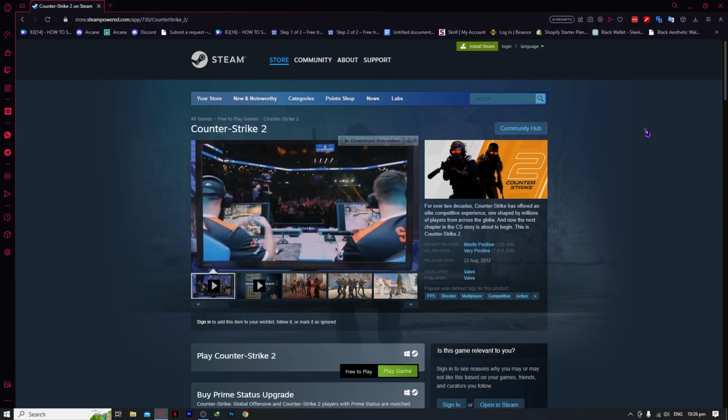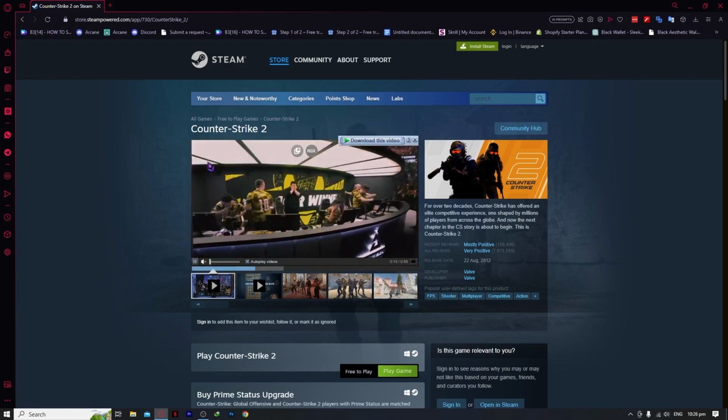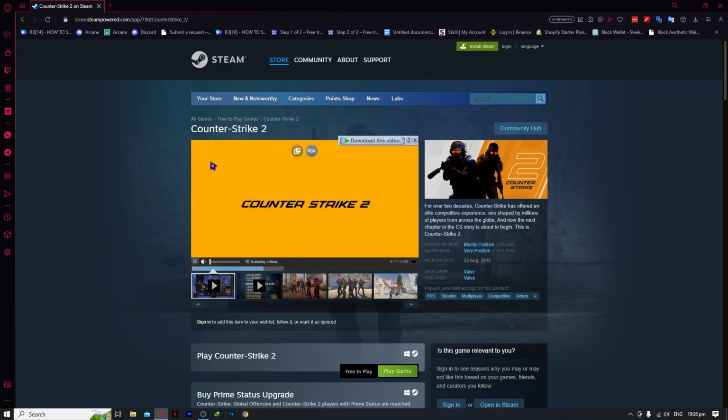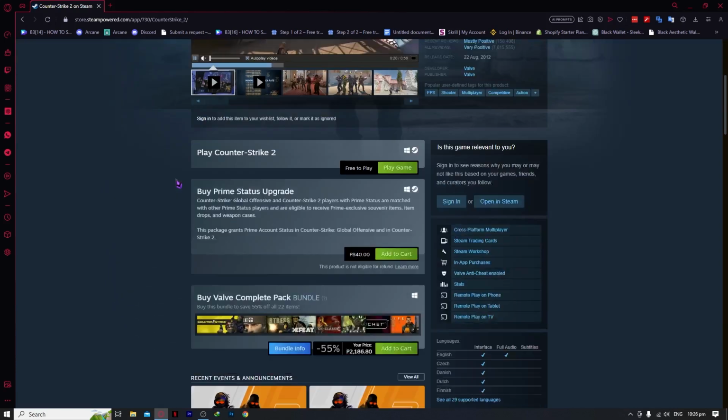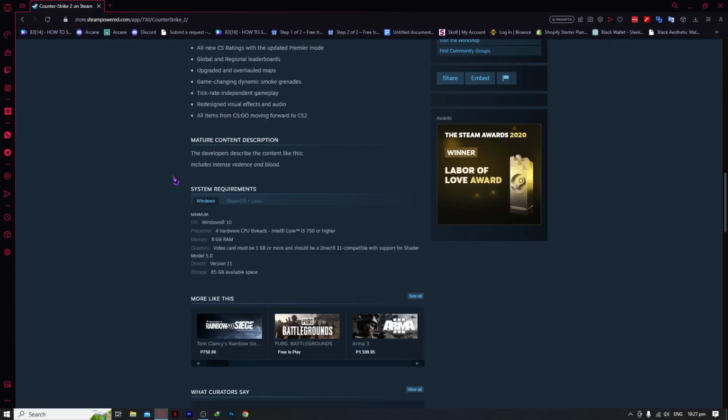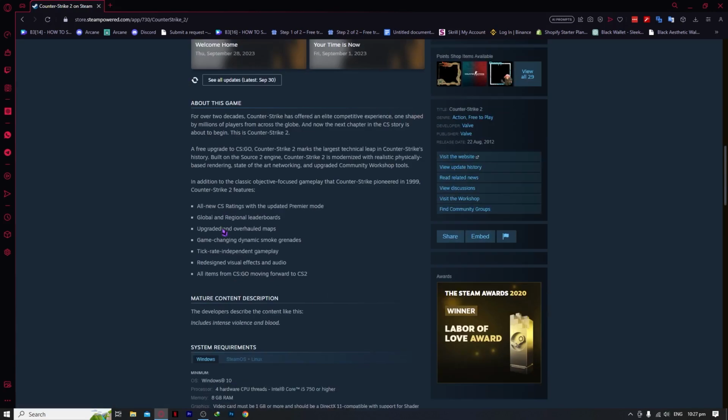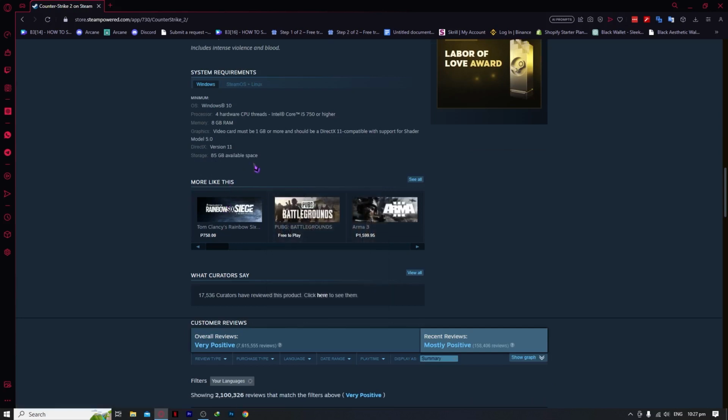So let's begin. Here we are in Counter-Strike 2 on Steam, and the first thing we need to do is view the system requirements. Make sure that you meet the system requirements right here. If not, then you would need to upgrade your specs in order to play this game. But if you do meet the specs and you are still having trouble launching this game,